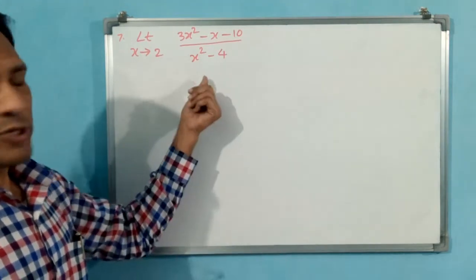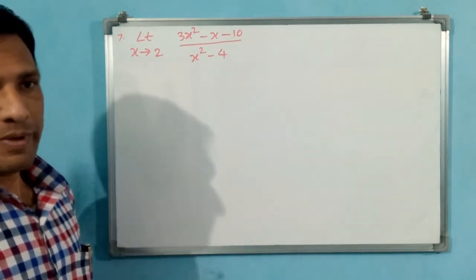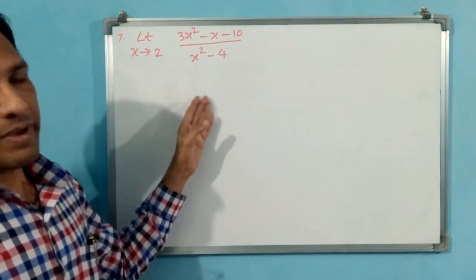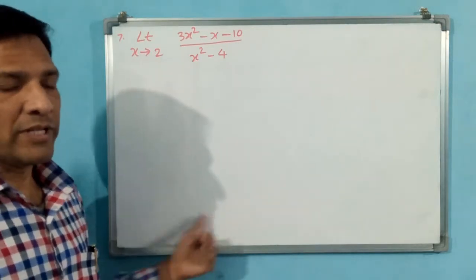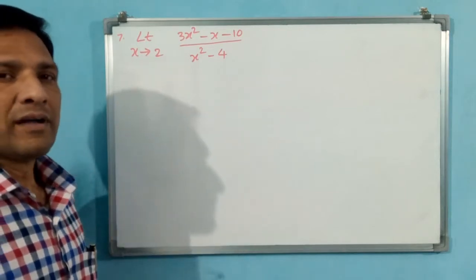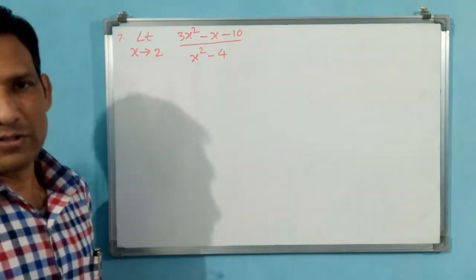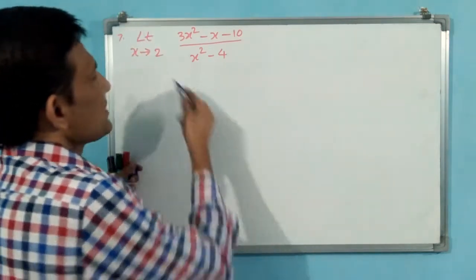See, by seeing the denominator itself, we came to know that denominator is 0 is coming. You see, 2 square minus 4, 4 minus 4, 0. If numerator 0 doesn't come, then there is no limit like we can write. If numerator also 0 comes, then this is going to become 0 by 0. What has to be done and all we will think afterwards. Let us first substitute this.